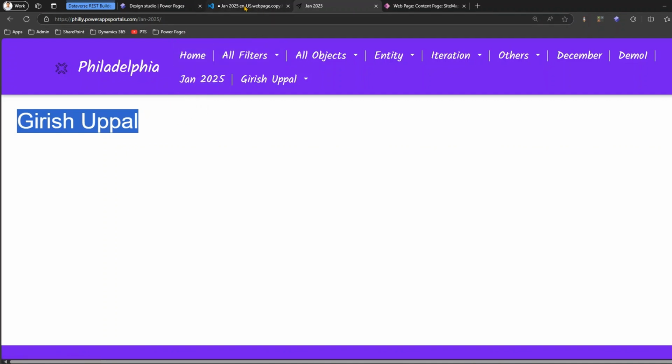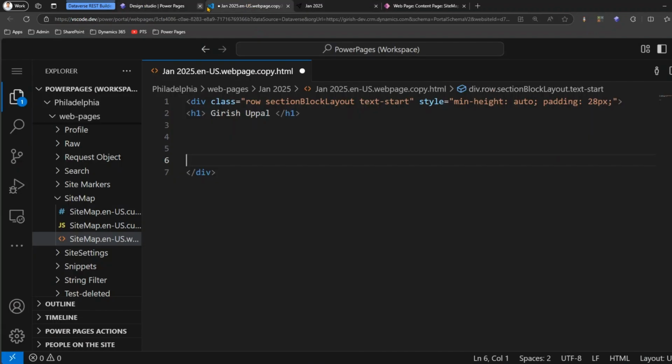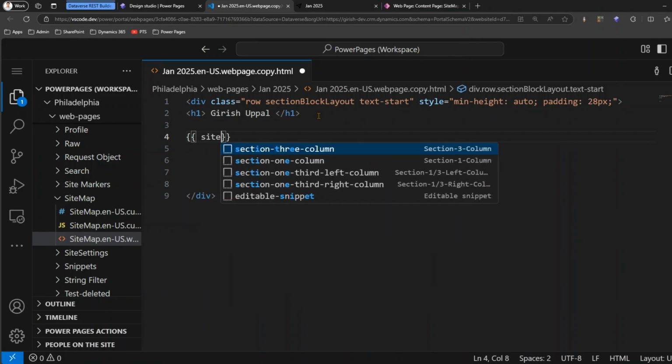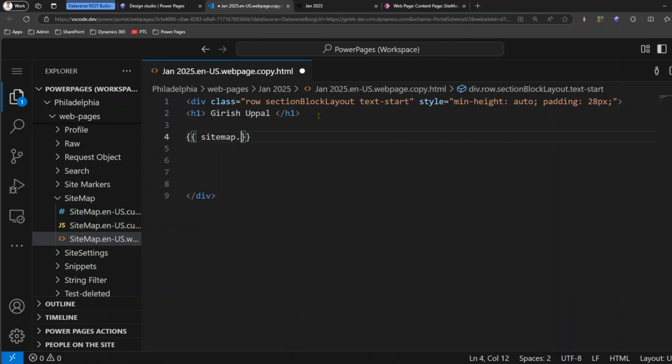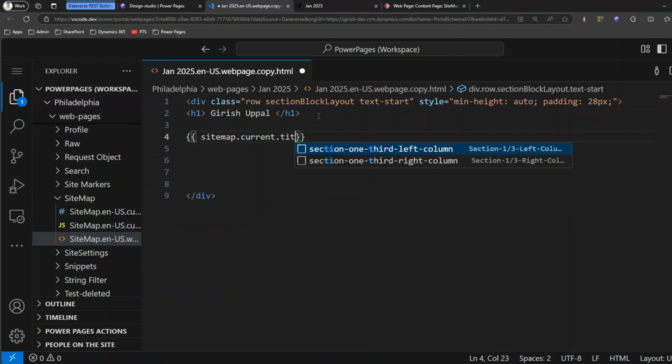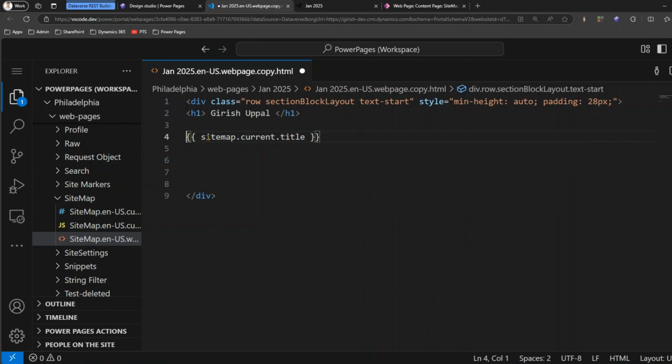Now, how do you display all these things? I'll show you from a Liquid code perspective. How do you extract the sitemap? It's simple. You first use the curly braces and say sitemap dot, and let me talk about the current page, so sitemap.current.title. It's a simple syntax. Sitemap.current.title, and let me put a break tag,